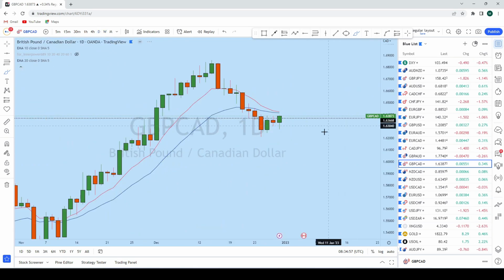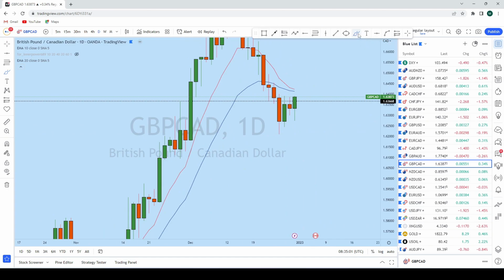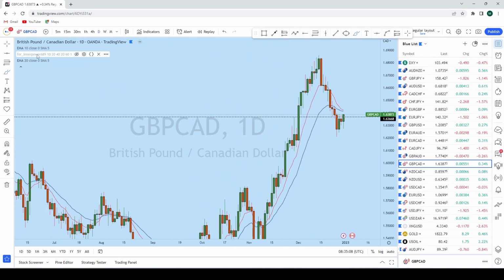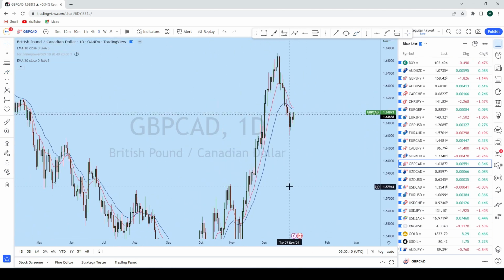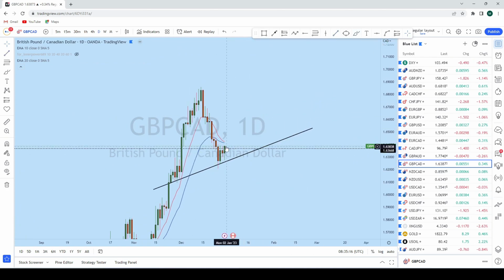If we look at the daily time frame, we see that this price action is in fact forming a reversal pattern here on the daily, a double bottom at this important level. What can we expect on GBPCAD? Well, I think that highly likely the price will respect this trend line and move along this trend line. After coming back down on the lower time frame to the downside, we could see GBPCAD again